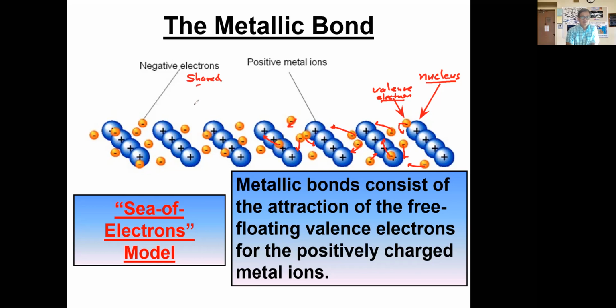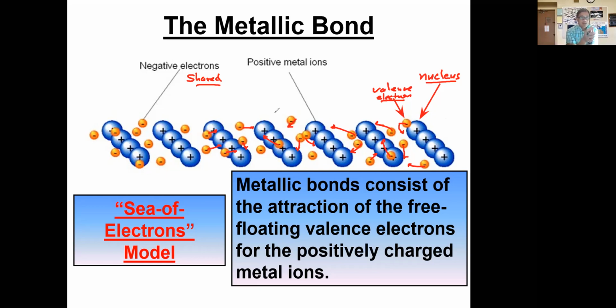They're shared between all of the atoms, so all the nuclei. So that's why, if this is true, each nuclei doesn't repel the others. They don't repel each other, even though they're packed really closely together, because you still have these electrons moving between them to keep them separated from one another.